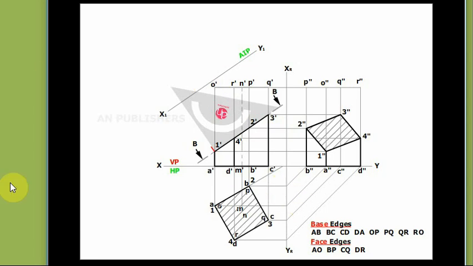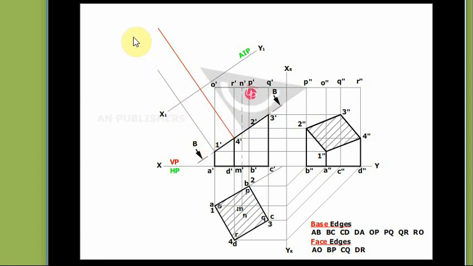After drawing that, the next step is from the sectioned part, that is 1, 2, 3, 4. These are the sectioned edge end points. From all the sectioned edge points, draw perpendicular lines, perpendicular to this cutting plane as well as perpendicular to x1 y1. I want only the true shape of the section, so I am drawing from 1, 2, 3, 4. No need to draw from A, B, C, D or A dash, B dash, C dash.